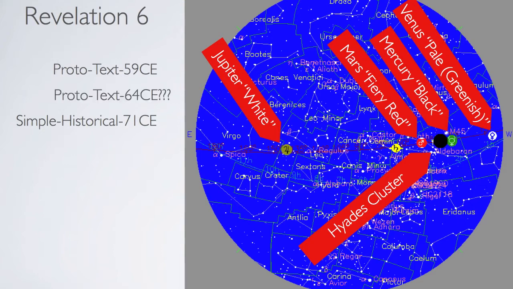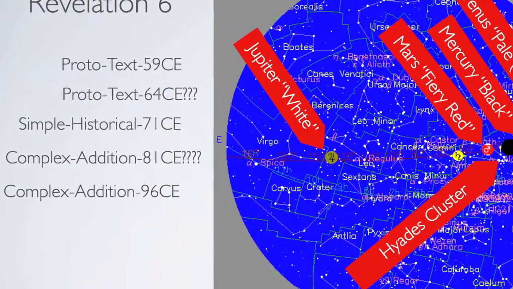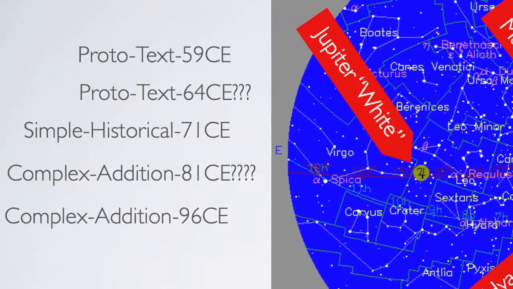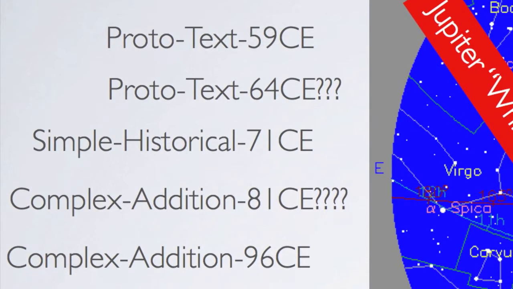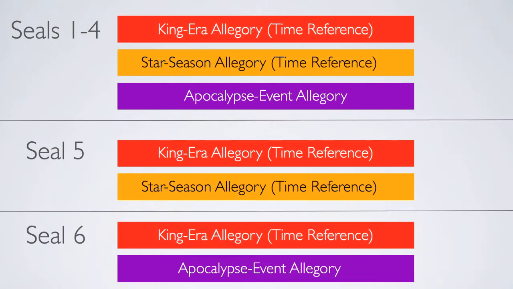The question, of course, ultimately boils down to, what did this allegory originally look like? Chapter 6 is largely consistent with 71 CE, though again there are multiple complexities here that lead to a conclusion of later manipulation. Later authors left the original allegories mostly intact, but added a simple overlay that gave a more complex understanding. So this is the simple way to break down Revelation 6.